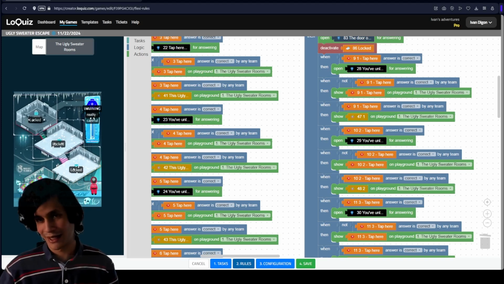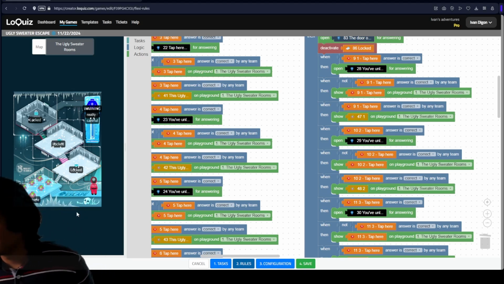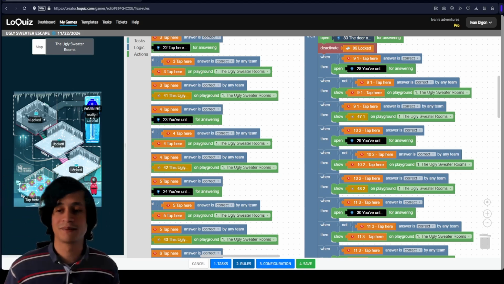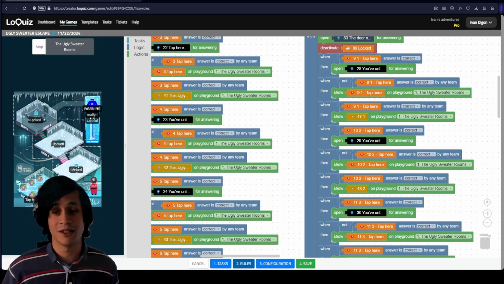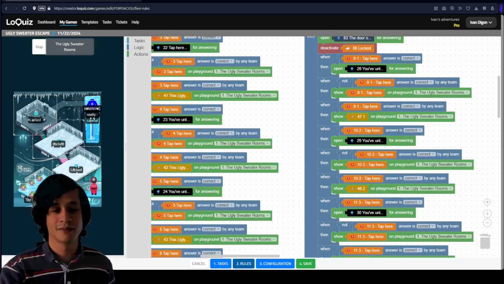This part is not required to change. You can keep the rules as they are, and if you're not yet confident with the Loquiz creator, it's fine if you don't look at this part. If you are confident in changing the rules, then I invite you to look into the rules here. The rules are complete,